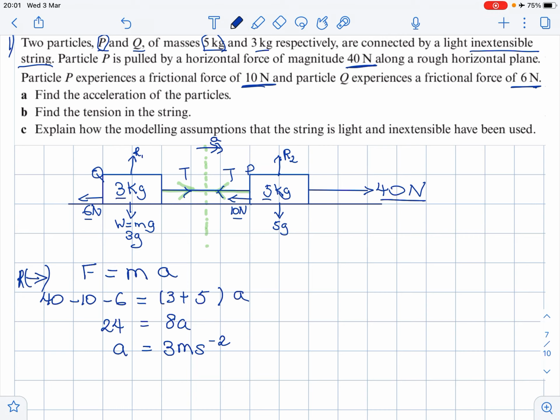So let's look at part B. Find the tension in the string. We can either pick particle Q or particle P, it doesn't matter. So let's try both, so I can prove to you that no matter which particle you